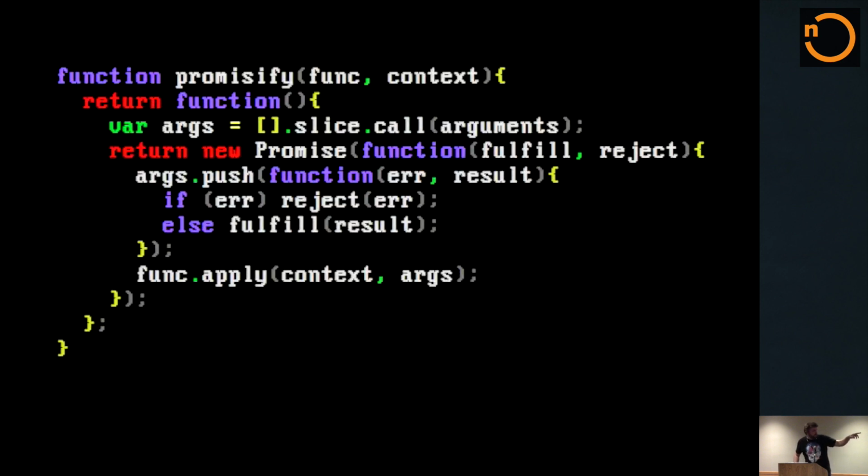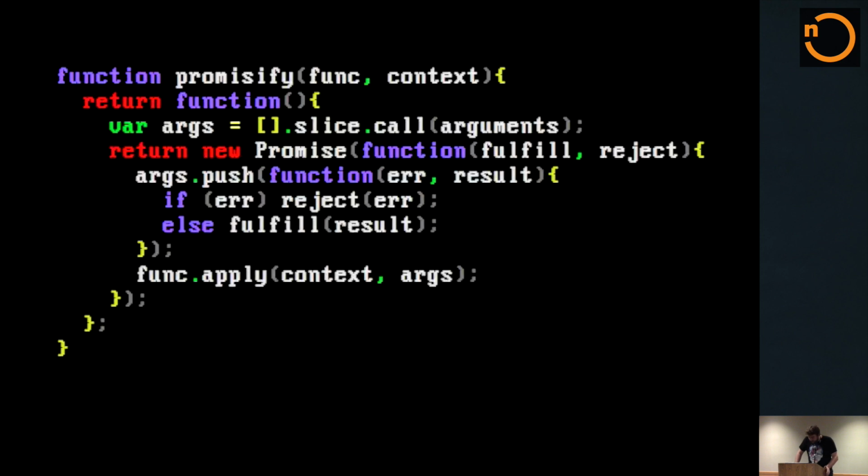When you use the promise constructor, so you're going new promise, and you're passing in a function that takes in a fulfill and a reject function. So basically you can do all the asynchronous stuff you want inside this constructor, and then just make sure that you call your fulfill and reject functions. So the way I'm using that here is I'm basically taking the function call as it was, right, with the arguments object there, and then I'm pushing on this callback function, and then we're just going to go ahead and call that function, right? So the callback function I'm putting on there, it takes an error and a result, and it'll call either the reject or the fulfill function based on the results that we get back. So that's great.